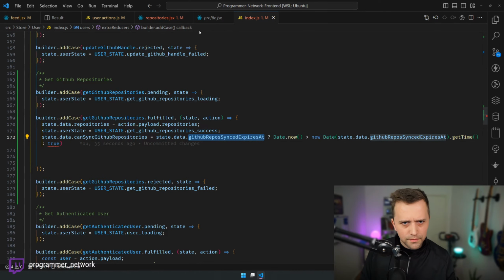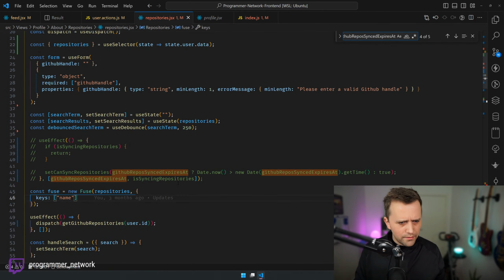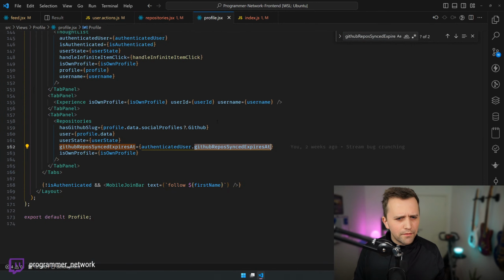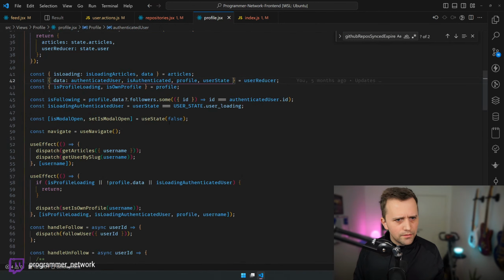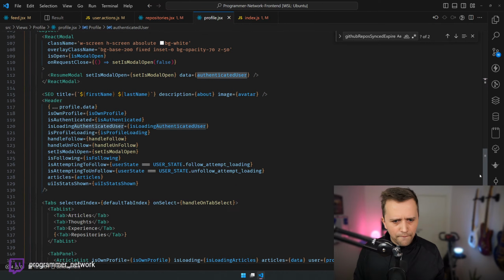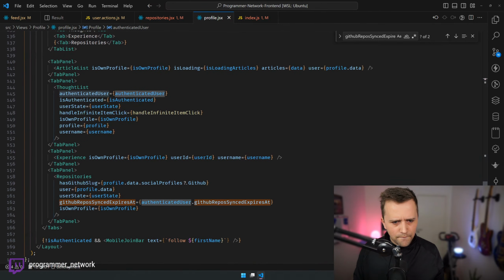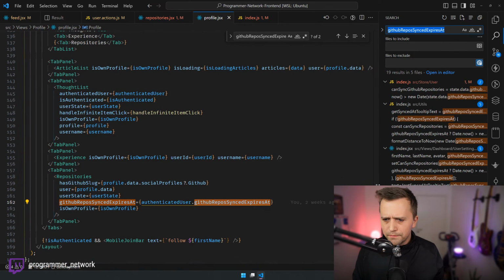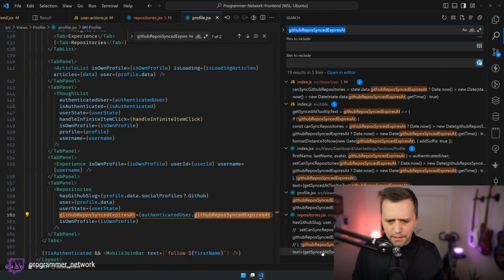State.data GitHub repository sync that. Let's actually get back here. And where was this coming from again? So authenticated user. Let me just actually backtrace. Where am I actually setting this?